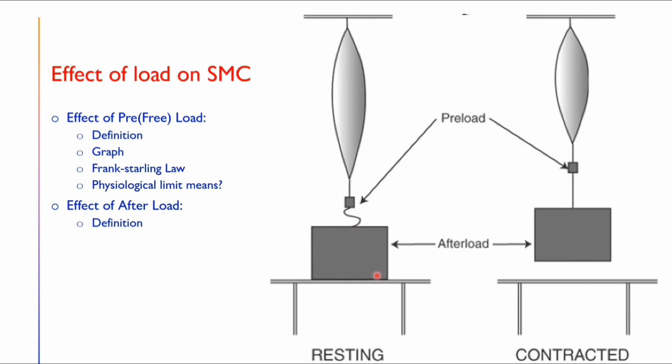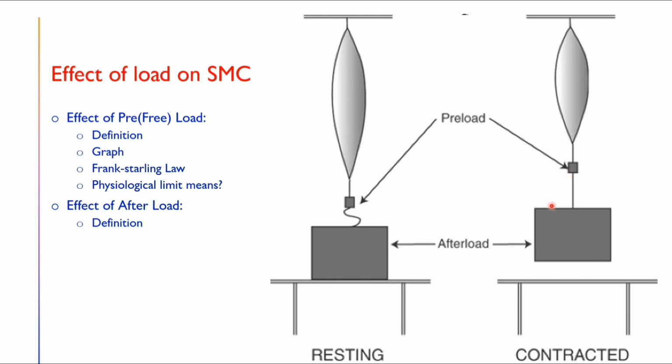Okay, the bigger weight is not stretching the muscle initially, but when the muscle starts contracting, this bigger one also will stretch the muscle, but only when the muscle contracts. So this is the best example. Initially there is a small load, that is the preload, but the bigger load is not stretching the muscle. When we stimulate the muscle, it starts contracting, but then this bigger load also comes into action and stretches the muscle. So the bigger one is only stretching the muscle after the muscle has started contracting. That is why the bigger one is the afterload and the smaller one is the preload.